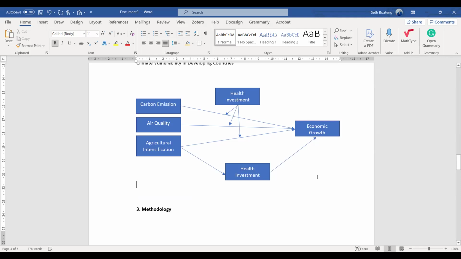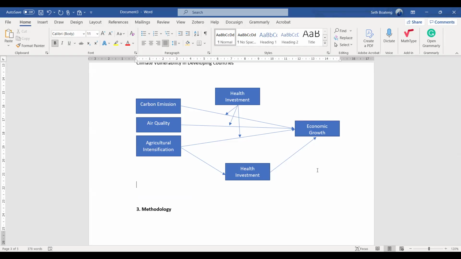The mediator shows that the independent variable leads to the mediating variable, then the mediating variable leads to economic growth. But the moderator moderates the relationship. So the relationship is already there, but you are introducing a variable which strengthens or weakens that relationship. So we put the moderator cursor on the line.